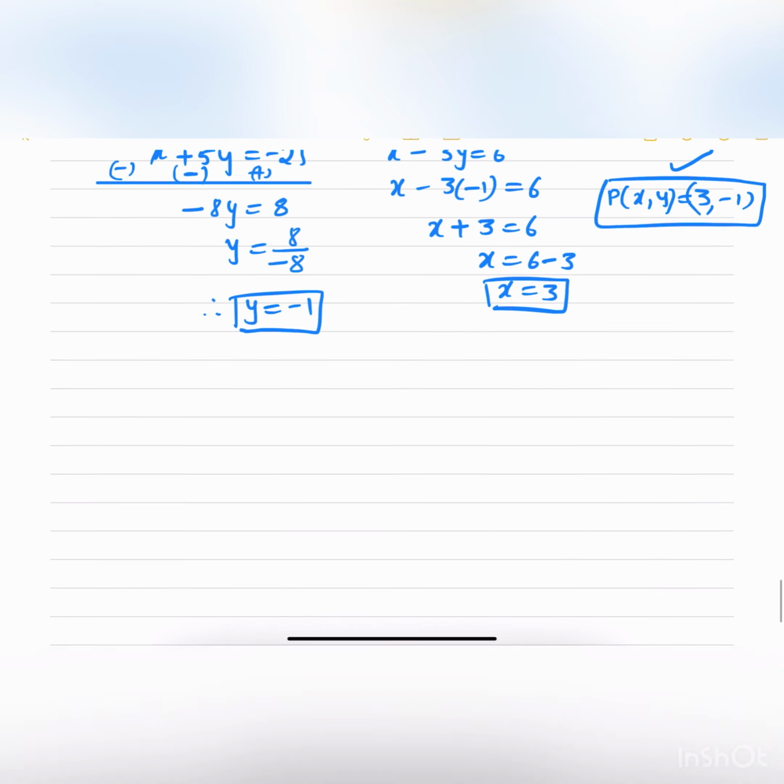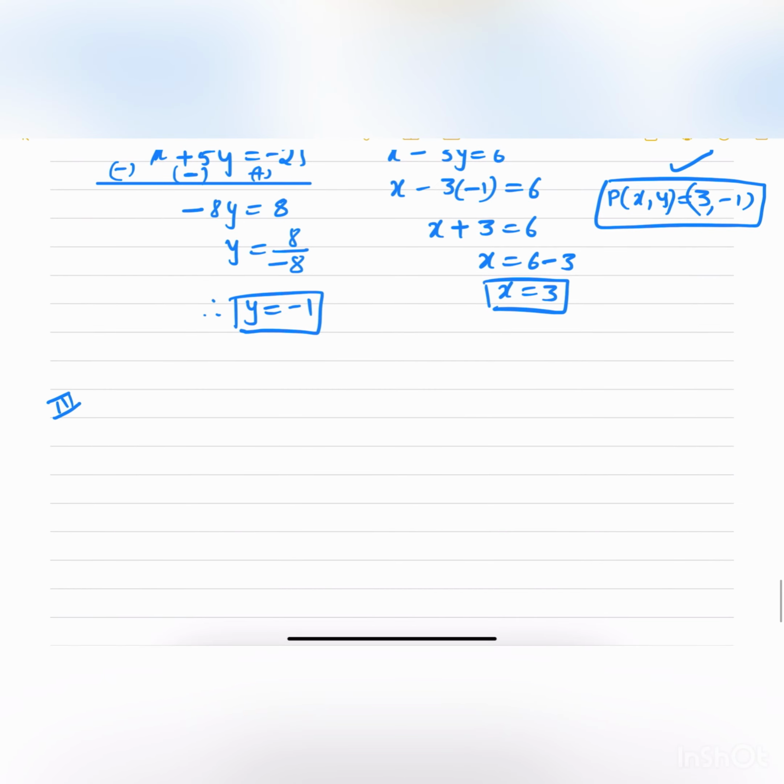Now I will take the first and the third equation, that is the first one is x plus 5y is equal to minus 2 and 2x plus 5y is equal to 1. Now let me subtract, because we have plus 5y and plus 5y here, so we can cancel them if we subtract. Minus x, minus 1x, and plus 5y minus 5y will be cancelled, is equal to minus 3. Therefore x is equal to 3.